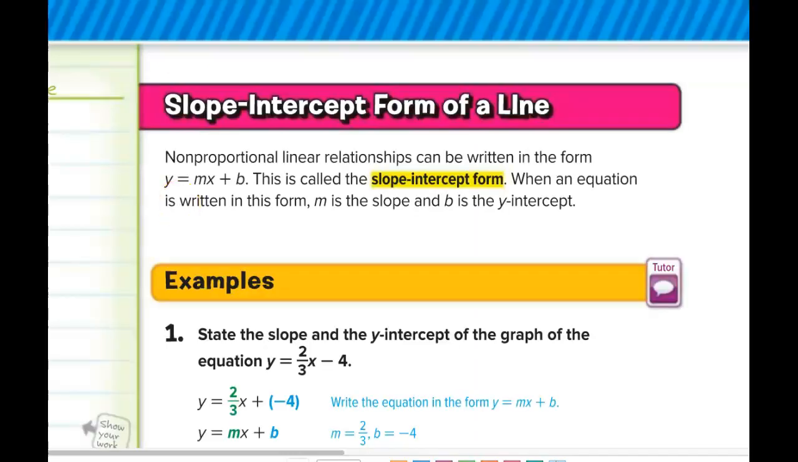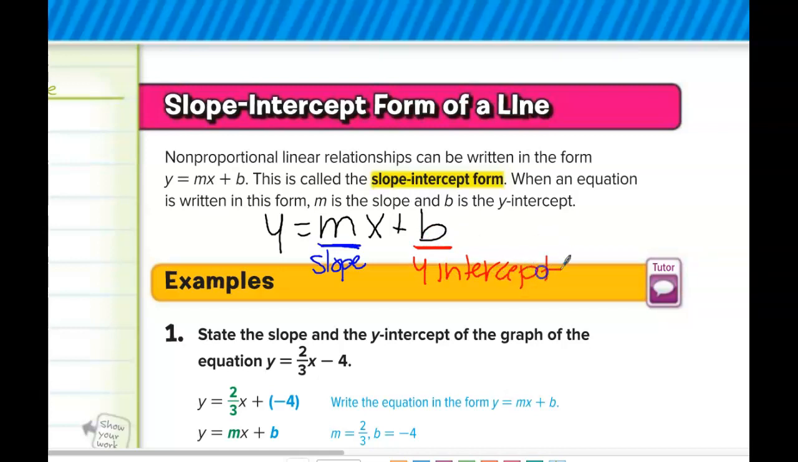When you see an equation like y equals mx plus b, that's called slope-intercept form because you are given the slope and you're given the y-intercept. M represents what? Slope. Okay, so wherever I see that, that's my slope. And then B represents what? Y-intercept. Okay, you do need to memorize what M is and what B is. You don't have to memorize a number, but you have to remember that M equals slope, B equals